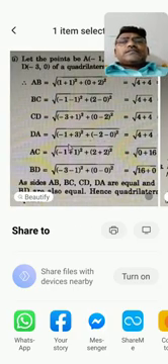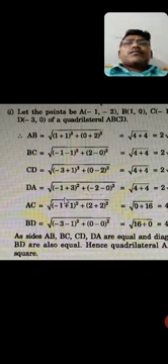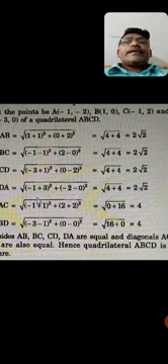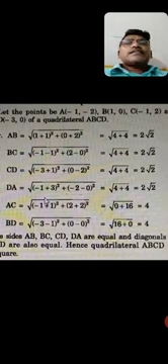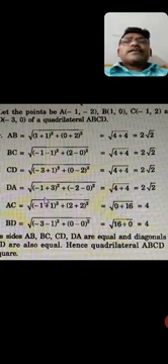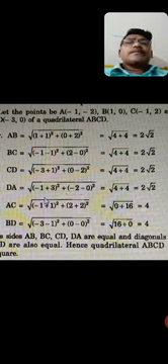You see here, sum number 1, let the points A, B, C and D be given, right? So I want to find the distance of all the sides. AB, we are using the formula x1 minus x2 whole square plus y1 minus y2 whole square. Here x1 equal to 1, x2 equal to also 1. So minus 1 here, so minus of minus becomes plus, 1 plus 1 whole square plus, y1 is 0, y2 equal to minus 2. So minus of minus again becomes plus. So 1 plus 1 is 2, square is 4, plus 0 plus 2 whole square, 2 square is 4. So 4 plus 4 is 8, square root of 8.